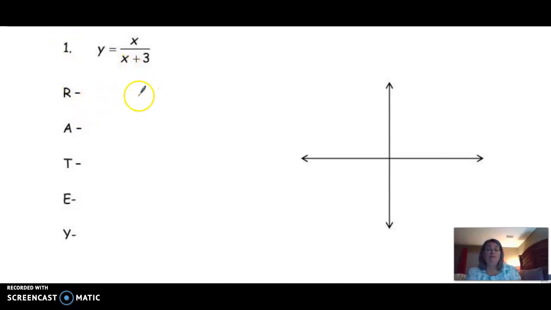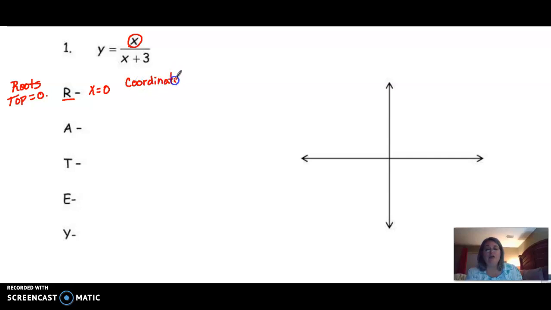The RATEY method will work with the others if you get a common denominator and add the two together first, okay? But first, the R. The R stands for the roots, and we know roots of a graph are where it crosses the x-axis. We're going to find the roots by taking the numerator, and setting the numerator, the top, equal to 0. So our top of our equation is an x. We're going to take x and we're going to set it equal to 0. There's no work to do, so we know that at x equals 0 there is a root, which means it crosses there, or that is a coordinate,